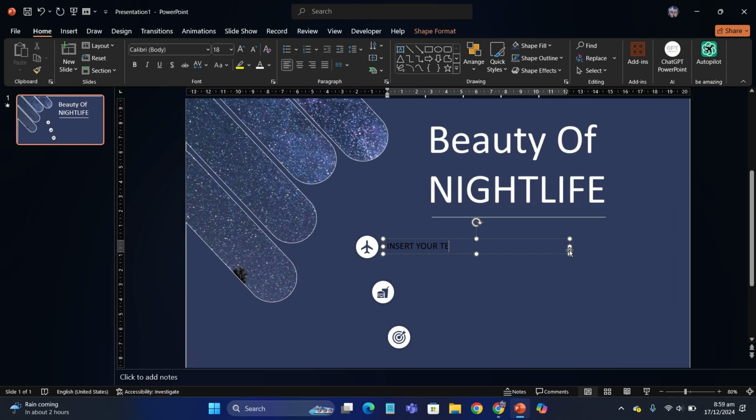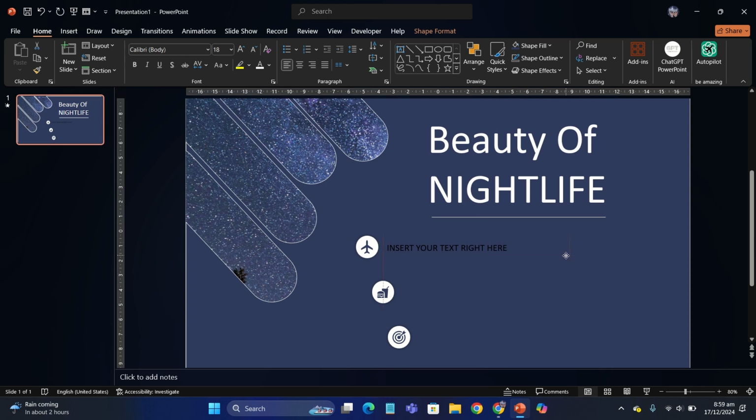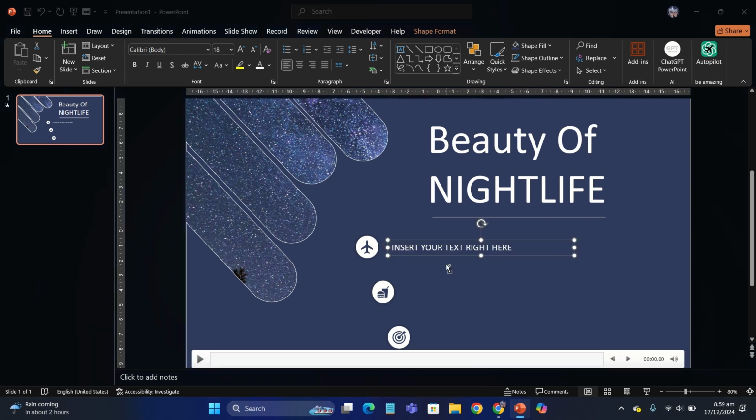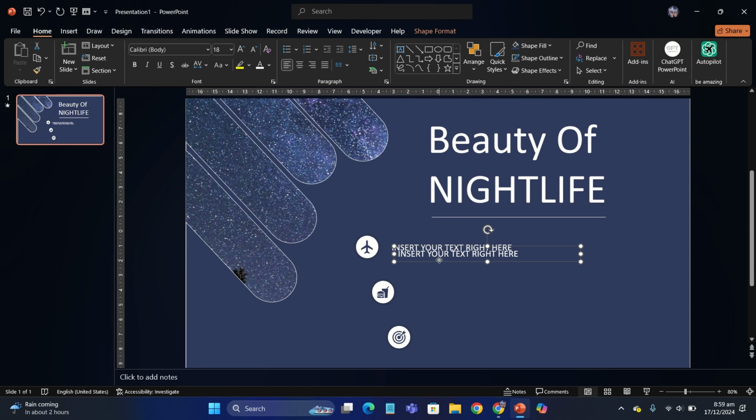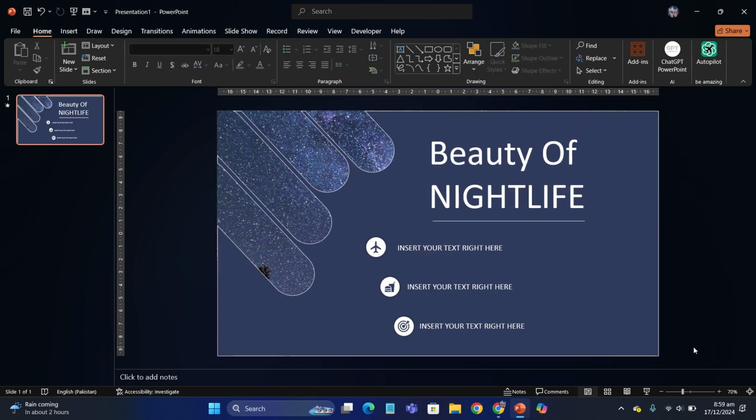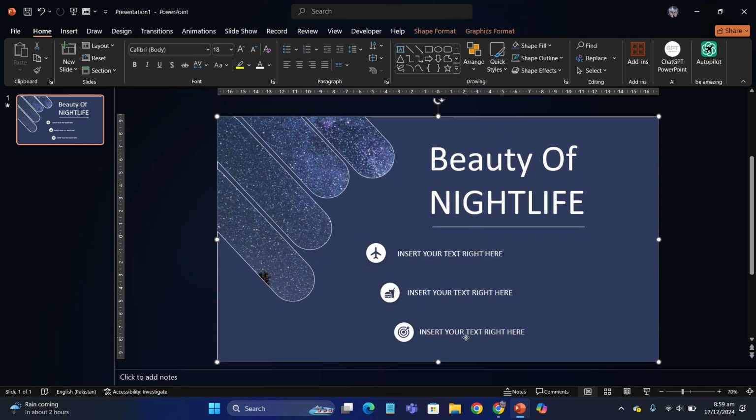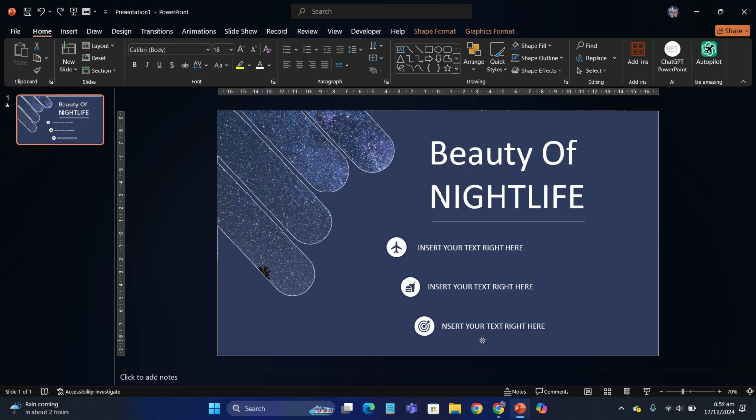Next, insert a straight text box in front of each of the circles and insert your content text in it. Now let me duplicate this same text box to be used in the next template and the next template as well. So this is how you make this template,